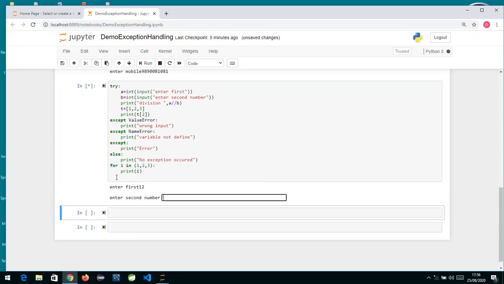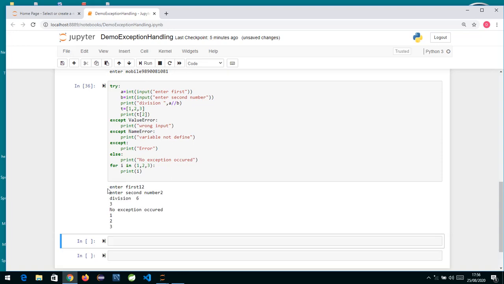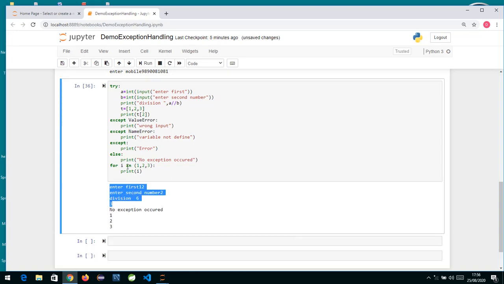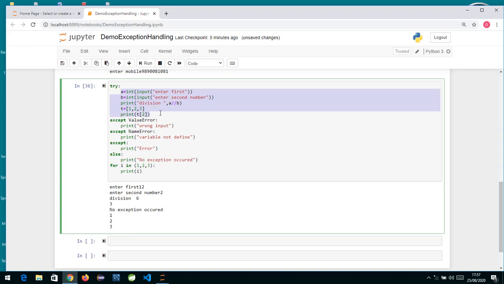So you see if I enter right data, the divisor operator also I enter 2, there is no error generated, and as there is no error generated it will go in your else block. So if there is any code which you want executed when there is no error, that we can write in your else block over here. So the statement basically means if there is no error it will go inside the else block. Till now what we have seen is any code which you feel might throw an error, you are going to enclose in the try block.